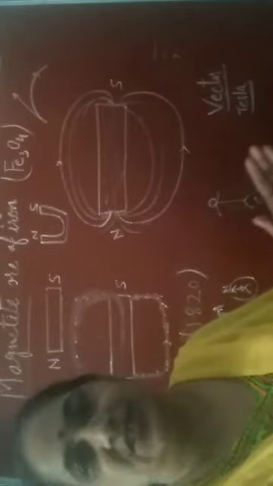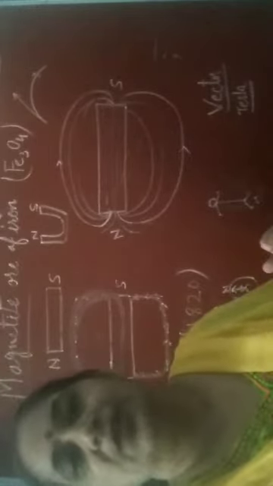So characteristics of magnetic field lines are they never cross each other. They are imaginary, continuous and closed curves. Then they never intersect. If they are crowded at a point, it means the strength of the magnet is maximum at that point. So in case of a bar magnet, at the pole, strength is maximum.